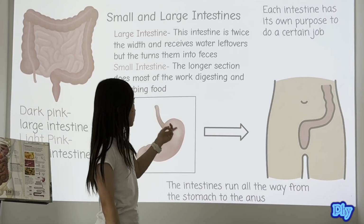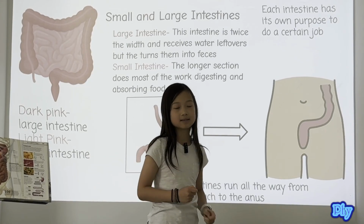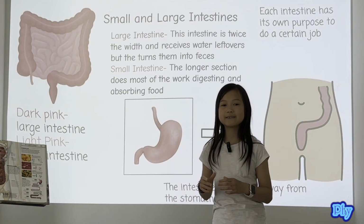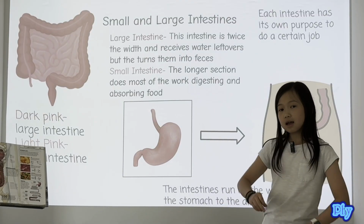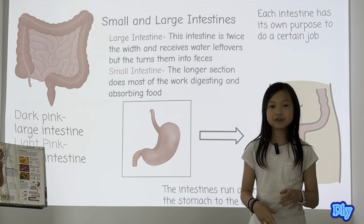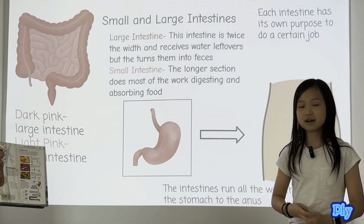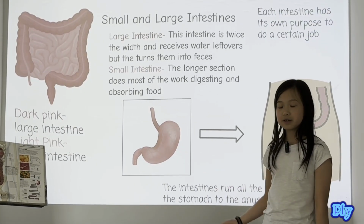So, since each of the intestines has its own purpose, the large intestine is meant for creating watery leftovers, which turn into feces, also part of taking time. So the leftovers are like your poop and pee, or sometimes diarrhea if you eat unhealthy things. These are all like the watery leftovers that will get produced